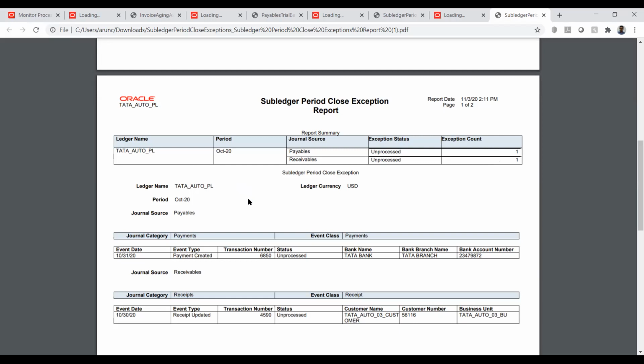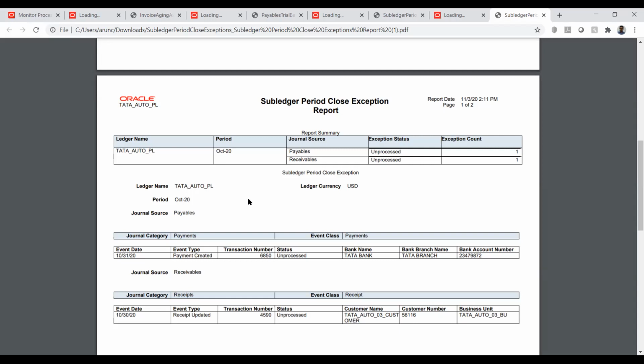At this particular time, we will close the payable period. Before that, we have a few prerequisites, like pushing the transaction to the fixed asset module. If you want to match the PO, the invoice should be done, and the exceptions and any other payments you want to make should be complete. After this, we can close the payable period. Similarly, we will do it for the receivable period as well.